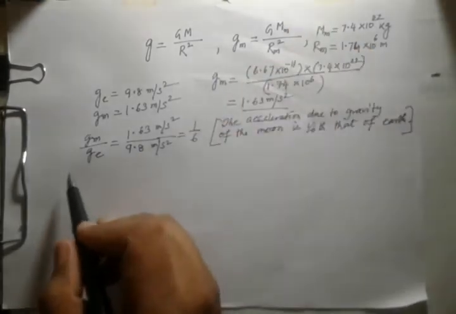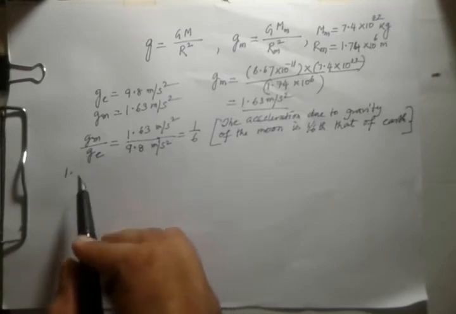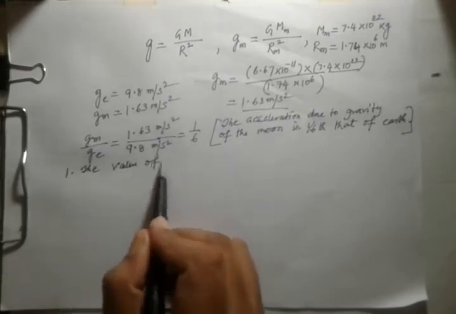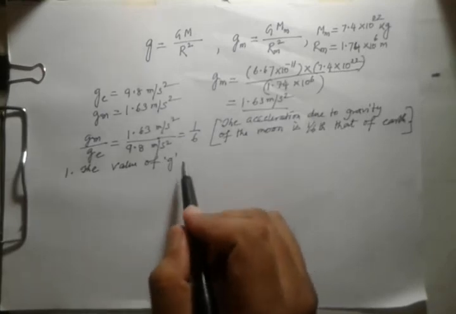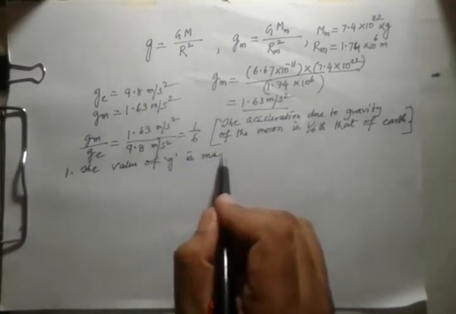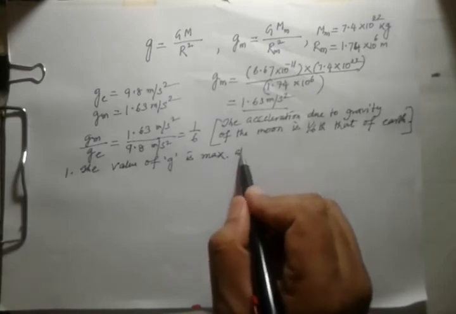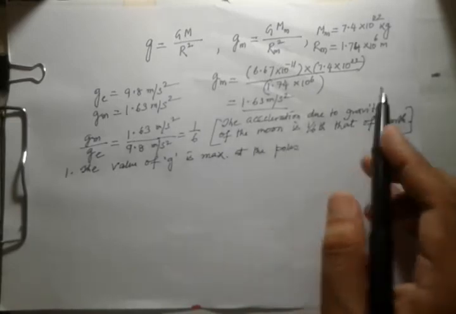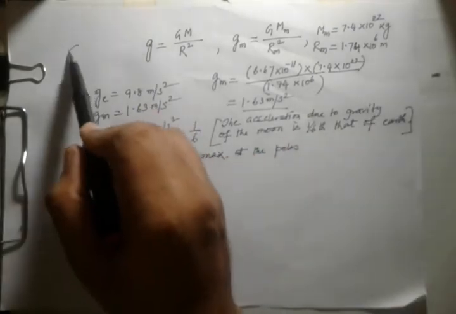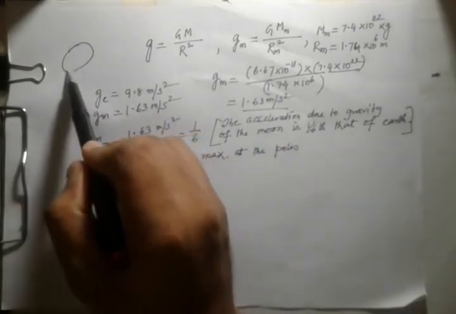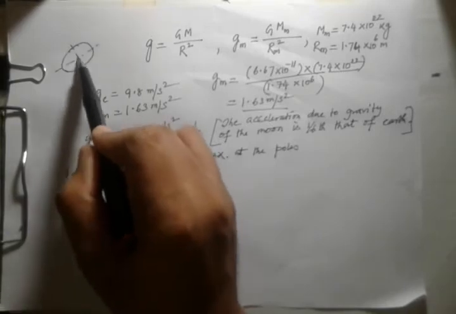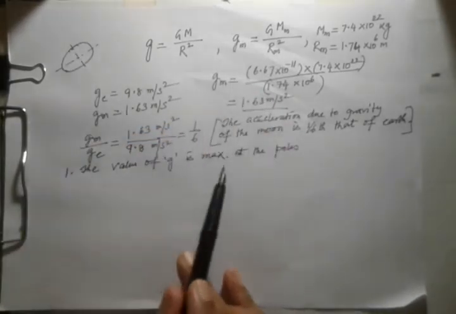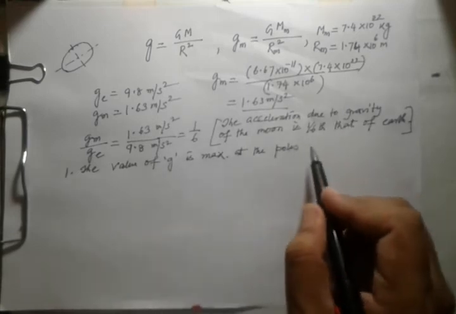So first one is the value of g is maximum at the pole, because the shape of the earth looks like this geoid shape. Here the radius is more, here the radius is less, so that is why it is happening. So the value of g is maximum at the poles of the earth